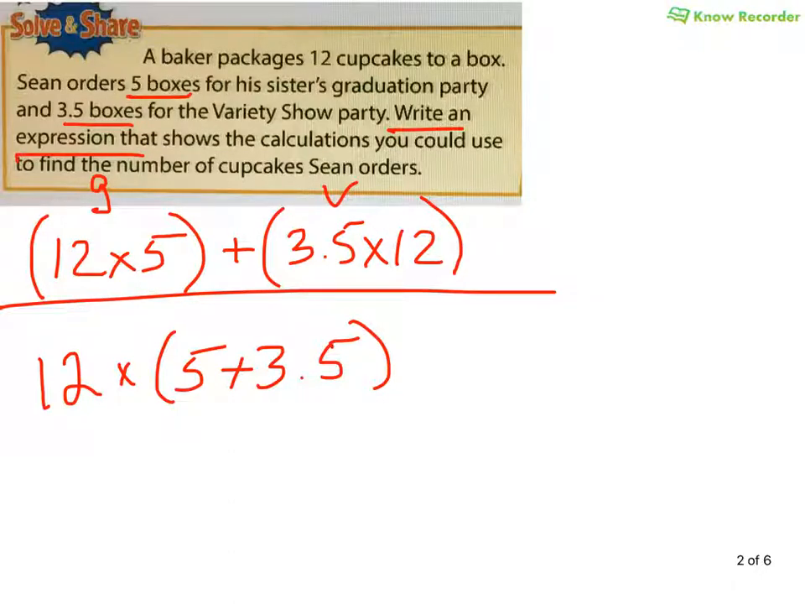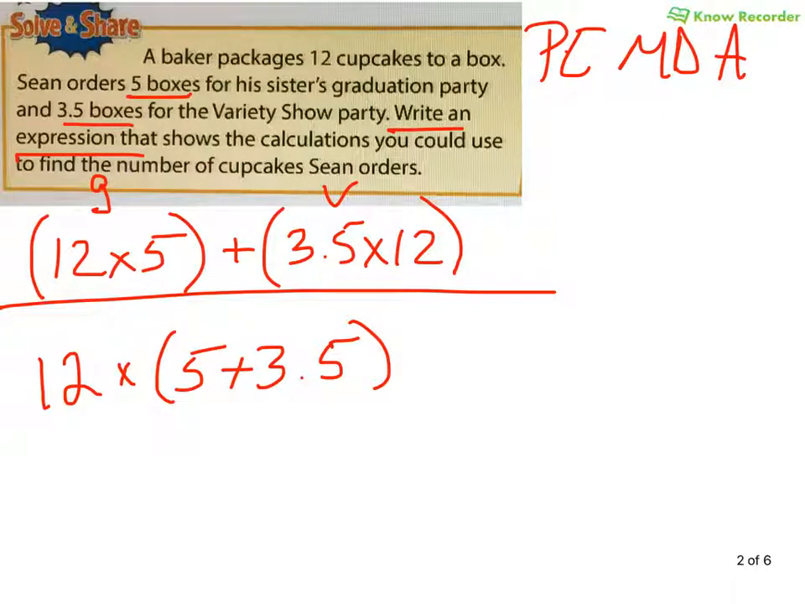The other thing I wanted to point out, actually 2 things I want to point out. One is that it doesn't matter if the 12 is in front or the 12 is in back, because you're going to get the same thing. But what does matter is that I have parentheses around the boxes. Because of addition, if we think about order of operations,